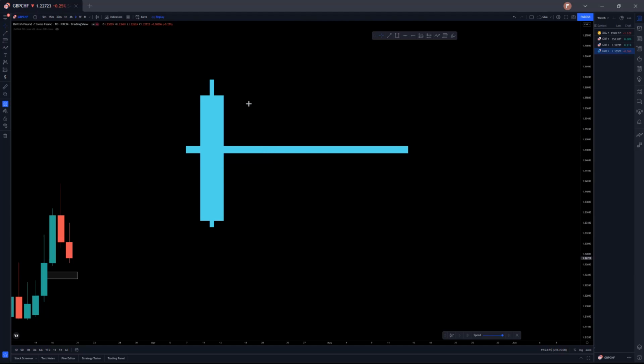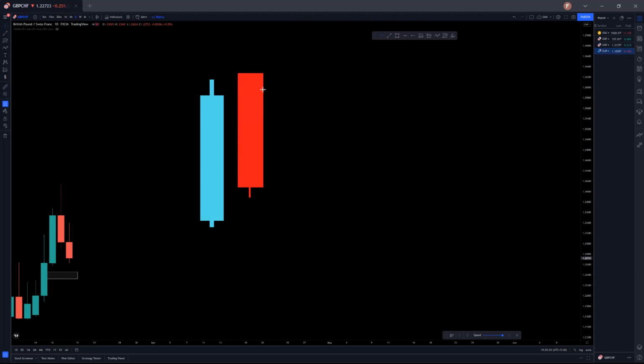Why? Because if the price spent, I would say, 16 hours making this a lower low, let me take the red one. If price spent that, it's time to come at least here to make the lower low. Sorry, the higher low in this case. Do you think the price will have enough time to continue its journey to the upside? I don't think so. It will be having enough time because it has spent 16 hours to create this low.